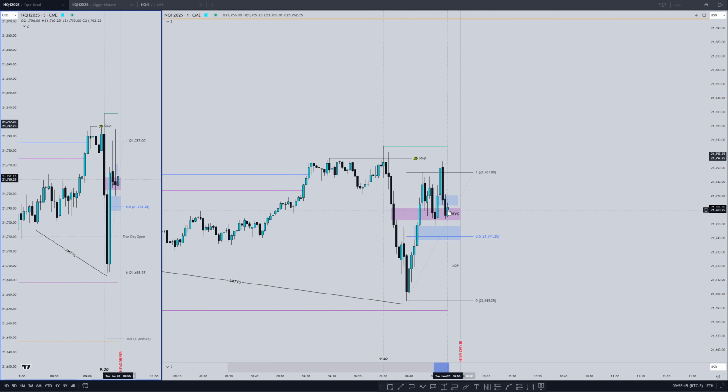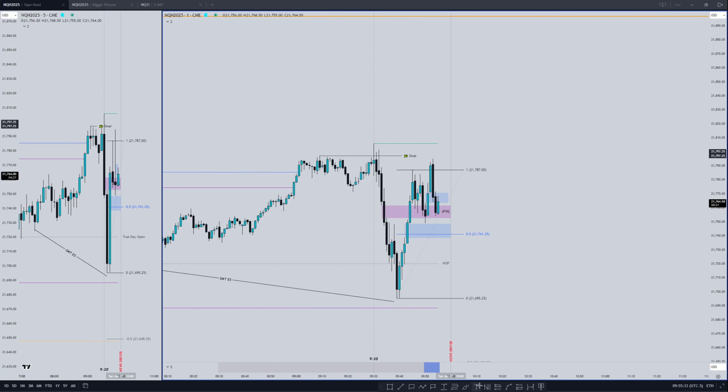Same thing with the 3-minute and the 5-minute. If you're going to start tape reading, I think those are the two best time frames to look at. The 3-minute is going to give you more data, but not as cluttered as the 1. And then the 5-minute, the order flow in the 5-minute is just beautiful most times. So if I was looking to trade the 5-minute